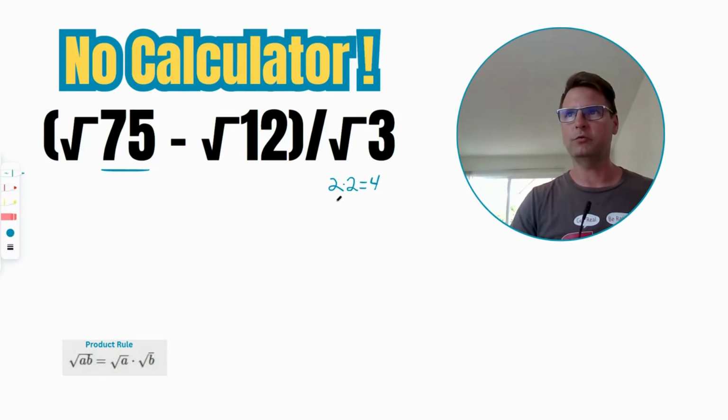So 2 times 2 equals 4. 3 times 3 equals 9. Have you got the next one yet? 4 times 4 equals what? 16. Do you see any that go evenly into 75 yet? What about 5 times 5 equals